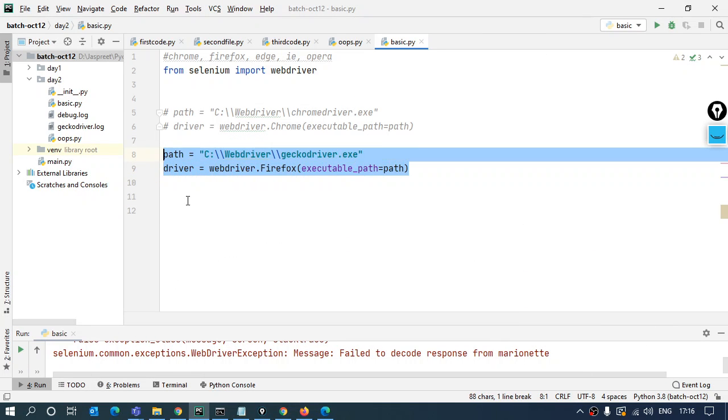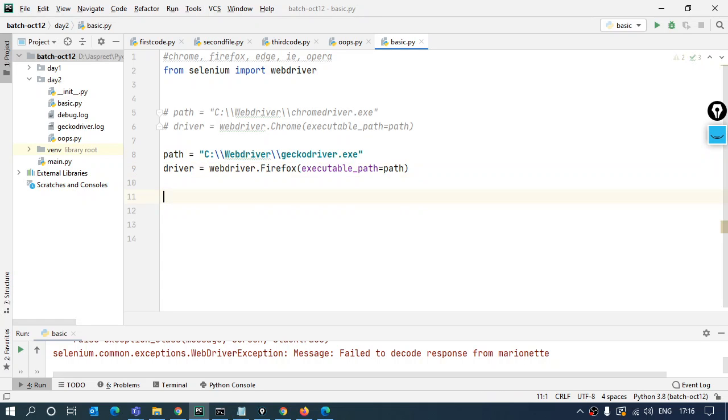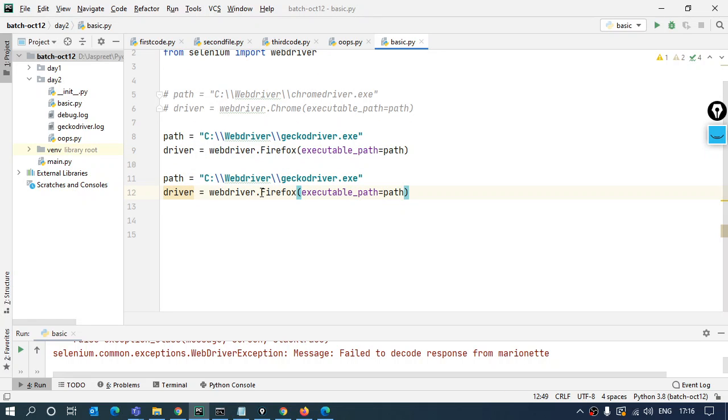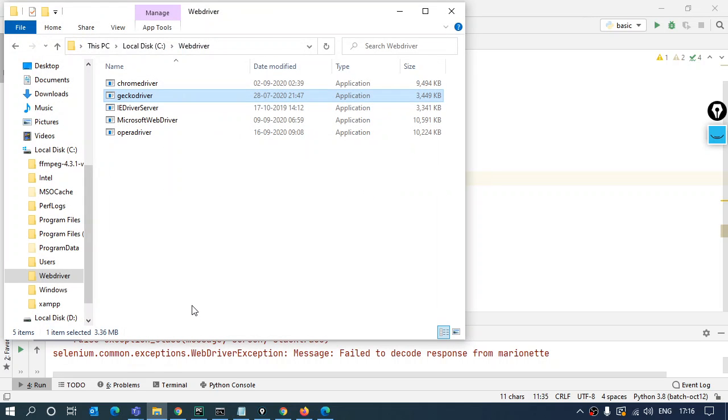I'll pass on the path. Over here, when I'm giving the command to launch the browser, it will change to Edge, and the name of the driver will be changed. One thing you need to take care of is that when you get the driver of the Edge browser, by default the name of the driver is something else, like MS Edge driver.